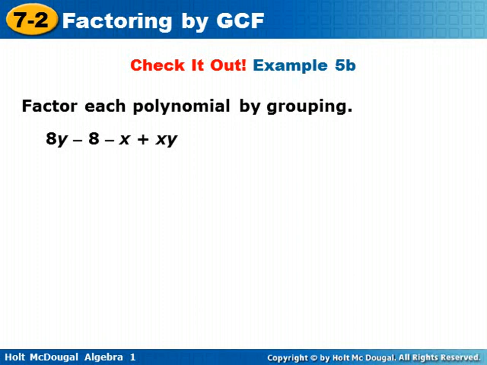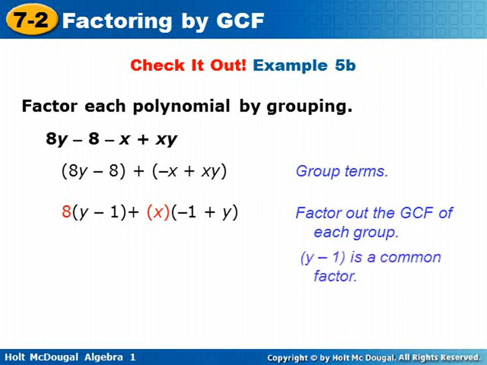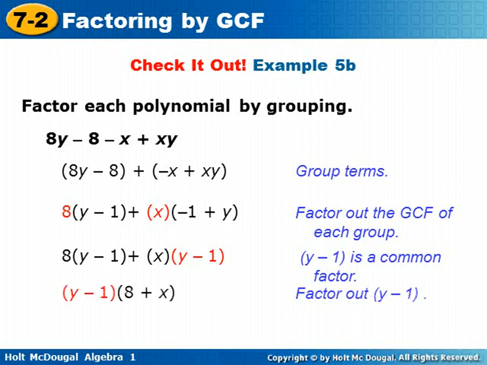Here's another problem for you to try, and then you can check your answer. So we group the terms and pull out the greatest common factor. For the first group it's 8, and the second group is x. Notice that they are almost written the same, but the second parentheses are out of order. So we just rearrange it, and then we pull out the y minus 1 as the common factor. And we get y minus 1 times 8 plus